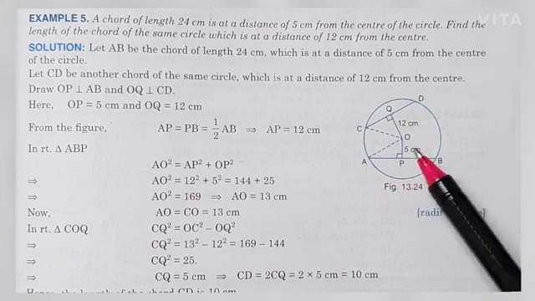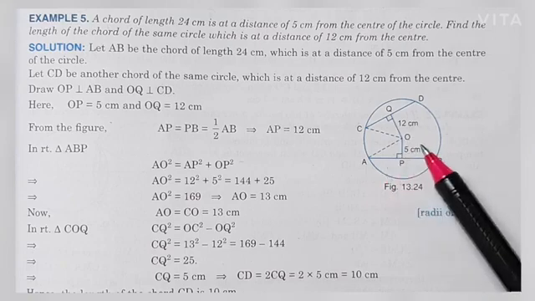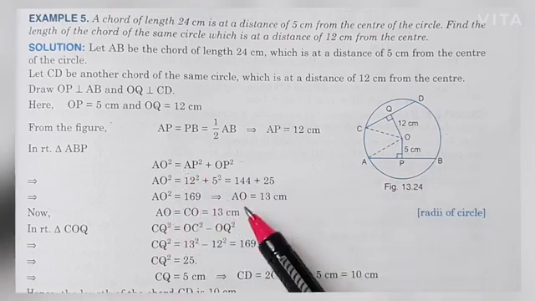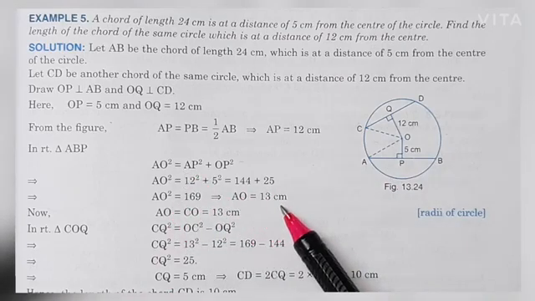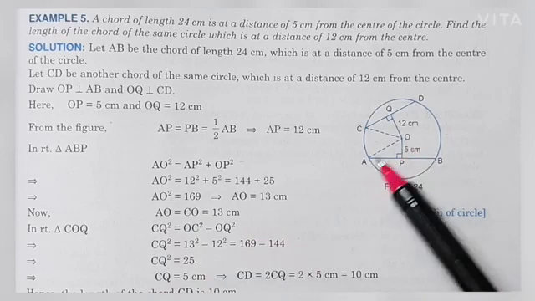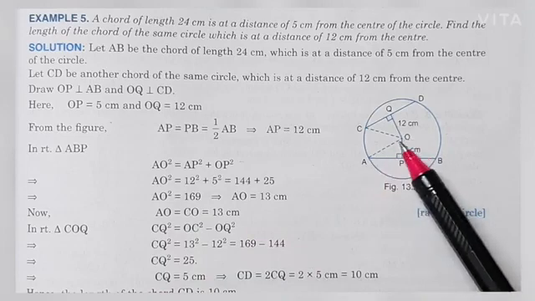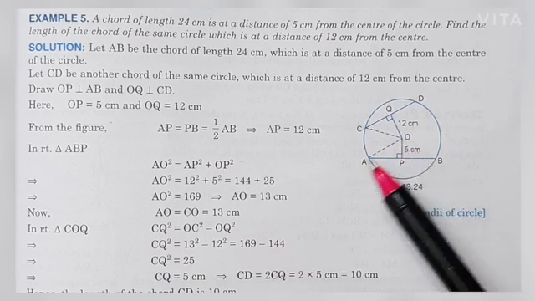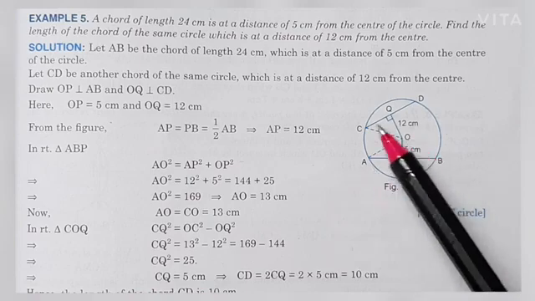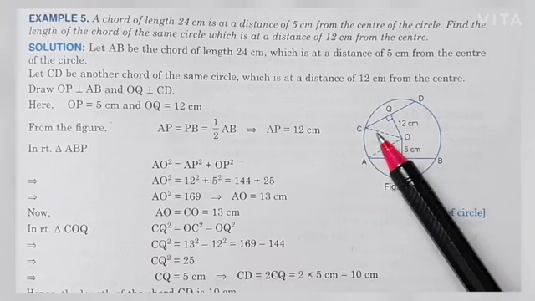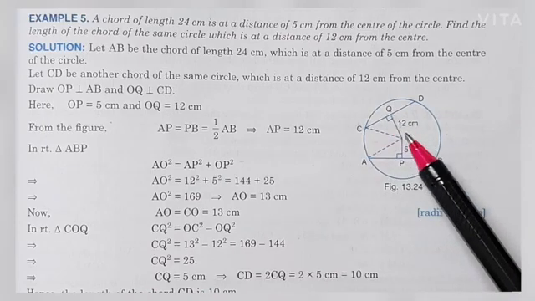Now let us substitute the values. So we will get AO as 13 centimeter. That is the radius of the circle. So this means CO is also 13 centimeter. Now students, let us consider this triangle